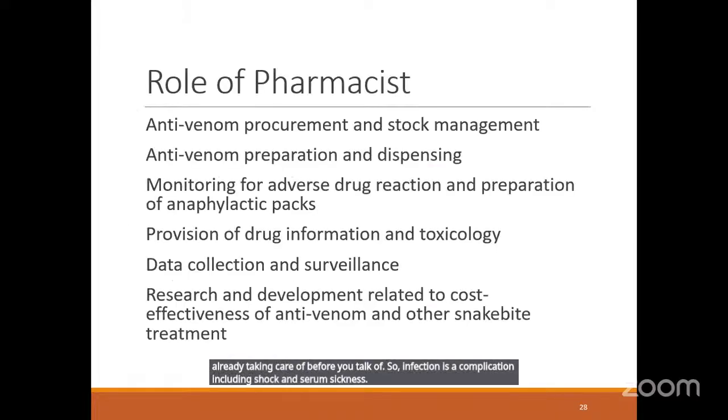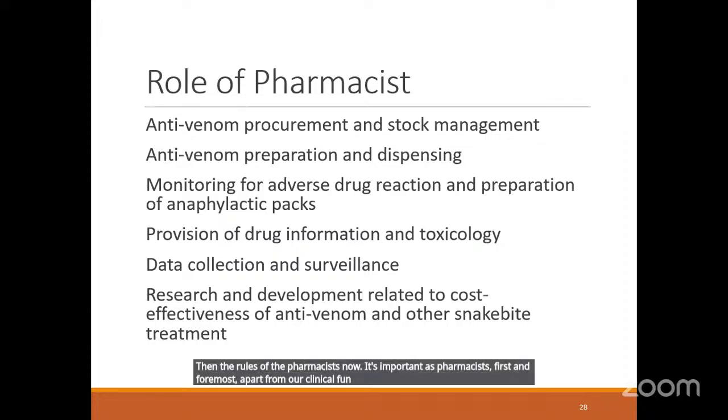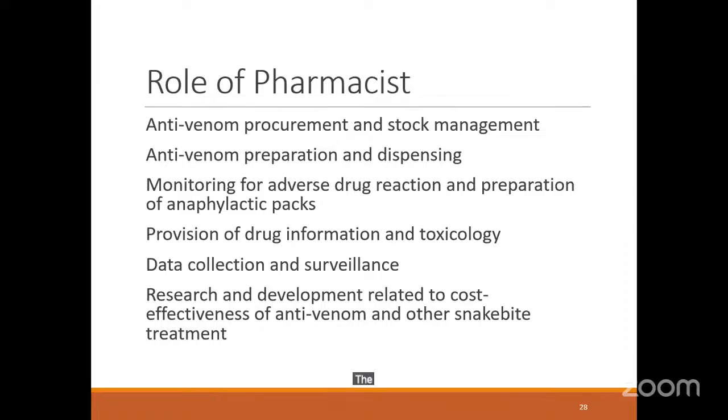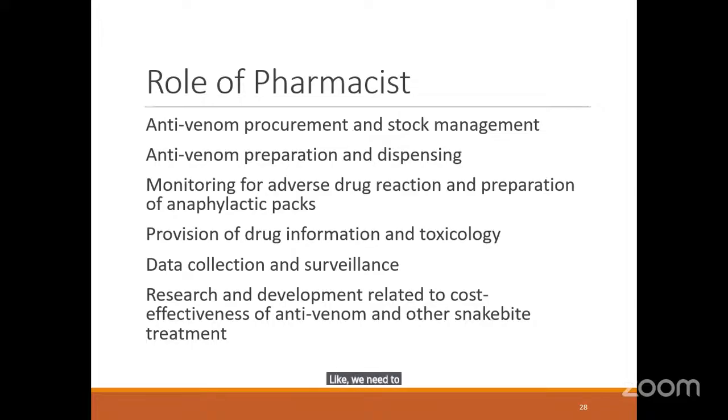Then the roles of the pharmacist. Now, it's important as pharmacists, first and foremost, apart from our clinical functions, we also have the function of making sure that the important vital essential medications are available. Like we need to stock the anti-snake venom, procure and then manage the stock. Probably have a relationship with the company or other sister hospitals who use it more so that they don't expire